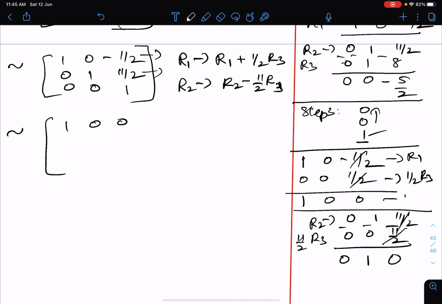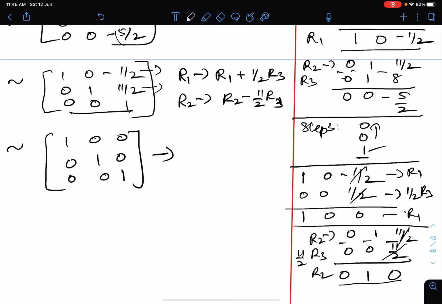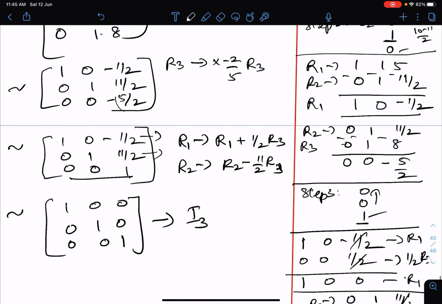So we have got the rows. This is our row 1, so row 1 I have written. Now this is going to be our row 2. So what is our row 2? 0, 1, 0 and the third row is here 0, 0, 1. So this we have converted into our I3 matrix using our row transformations. So you can use any method, either division or multiplication or multiplying the rows by some constant. All the properties of the elementary transformation you can use to convert it into the identity matrix. Okay. Thank you.